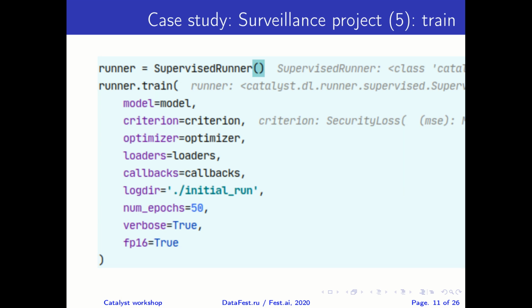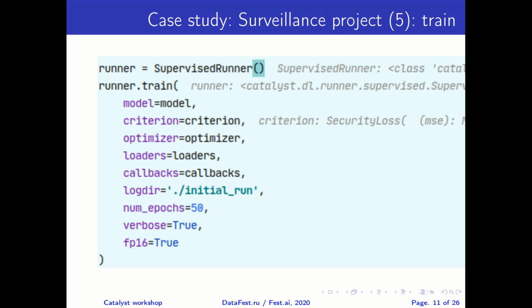And the next step would be we create our supervised runner, and we just call runner.train, and we pass in the model, the criterion, the optimizer, the loaders, which I mentioned already, the callbacks, which I also mentioned, the log dir. This is where the checkpoints will be saved, and also the TensorBoard data would be saved, the maximum number of epochs,